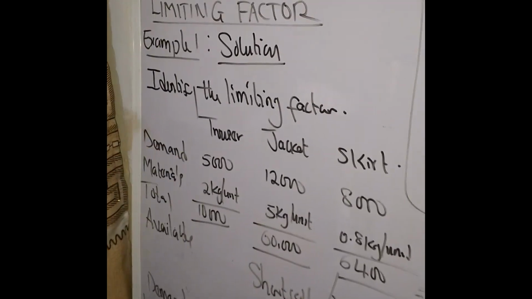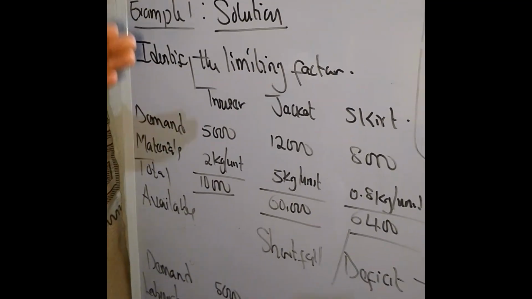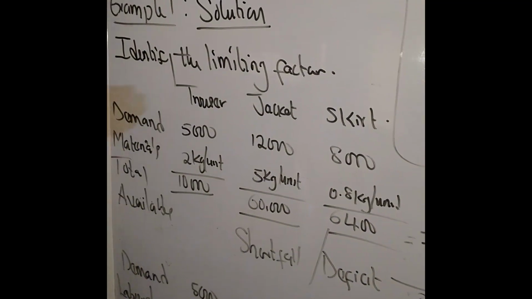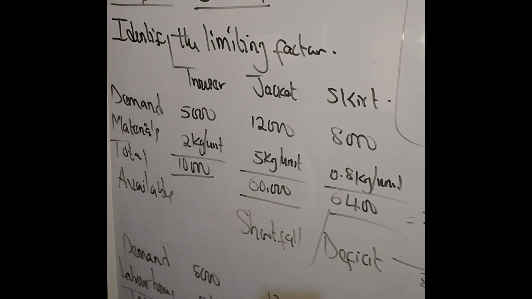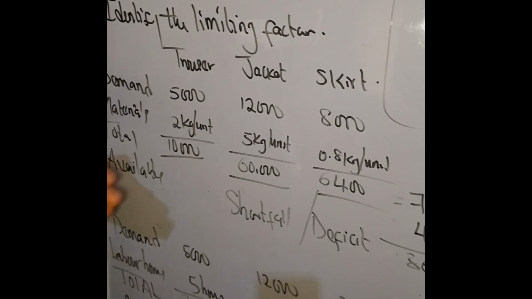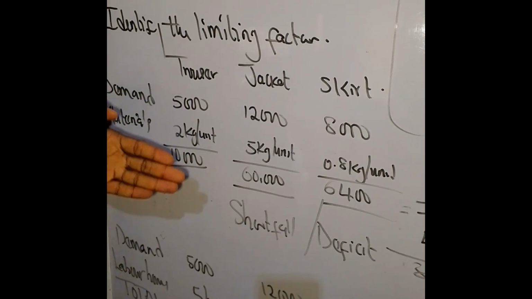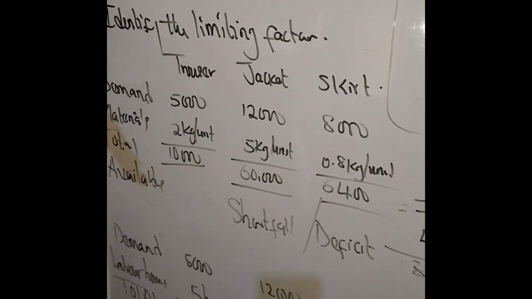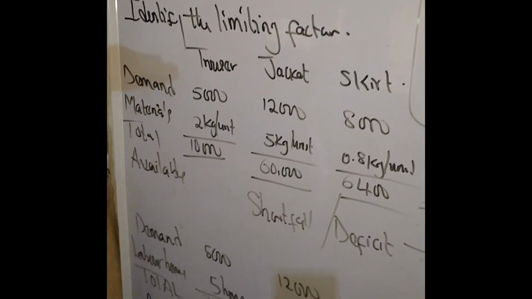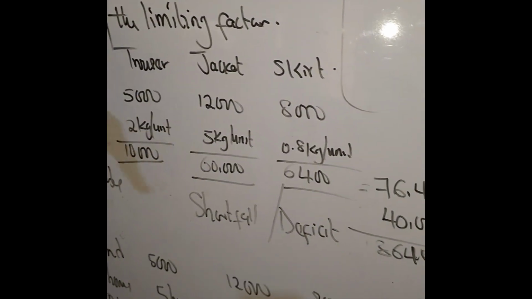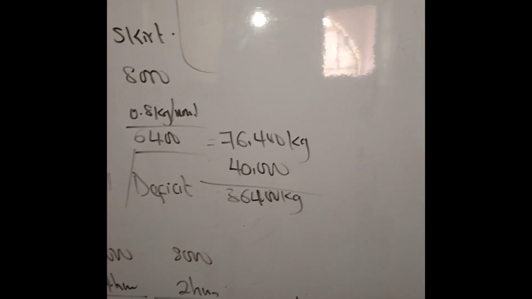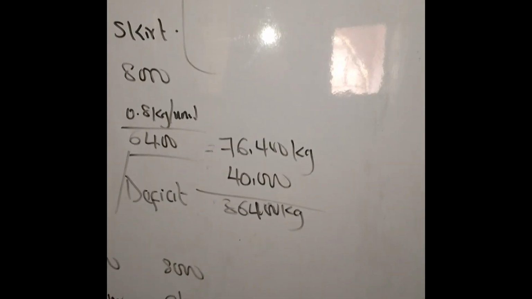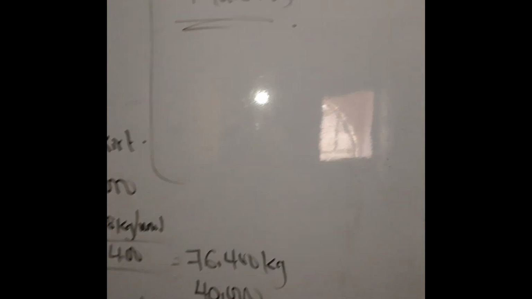We are going to move to example 2. In example 2, we are going to go further to calculate the limiting factor, the contribution per unit. We would now calculate the contribution per limiting factor. We will also calculate contribution. After calculating contribution per limiting factor, we are going to rank it. After we rank it, right, we can now allocate before we can now decide the best product mix to advise the company. All right, so